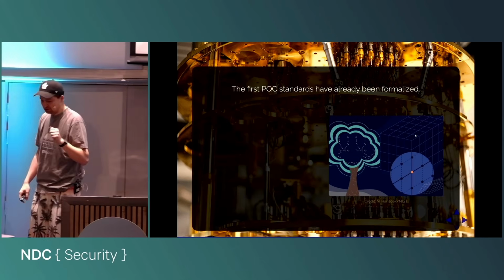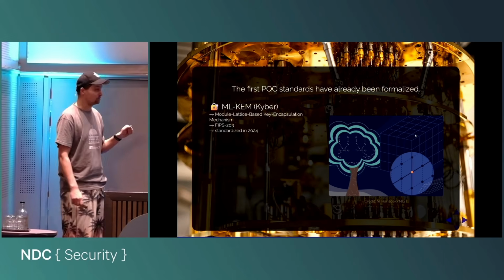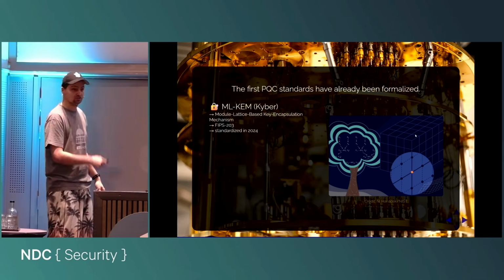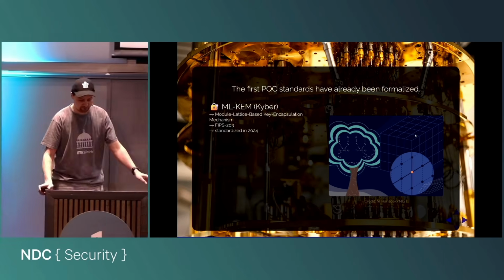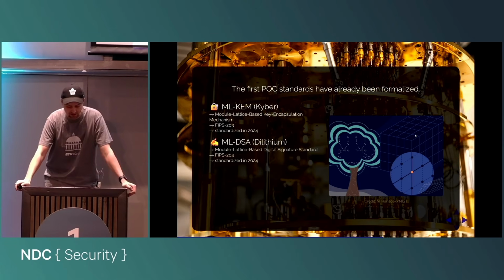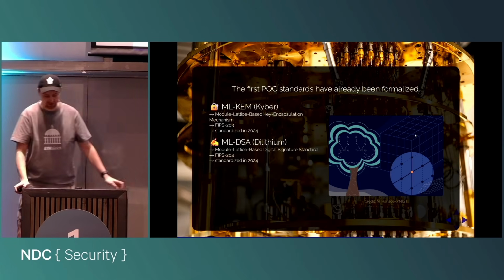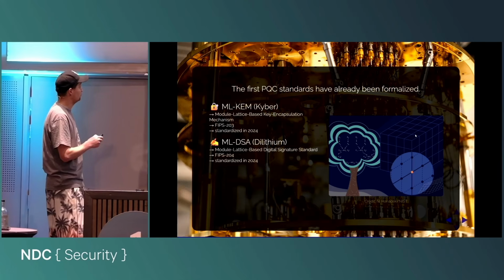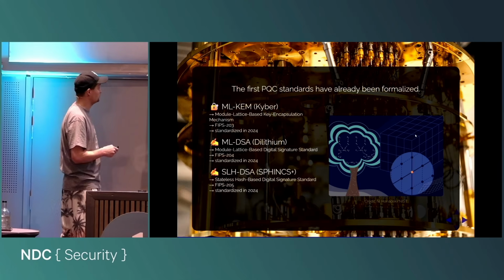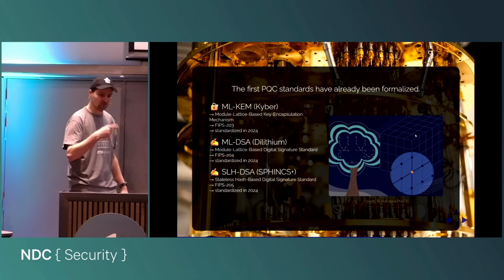So in 2024, the first standards were actually created. Kyber lost its cool name and became known as ML-KEM, FIPS 203. Dilithium also lost its cool name and became known as ML-DSA, FIPS 204. And SPHINCS+ became known as FIPS 205. Falcon is still undergoing